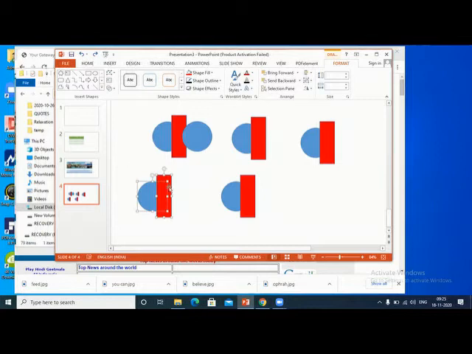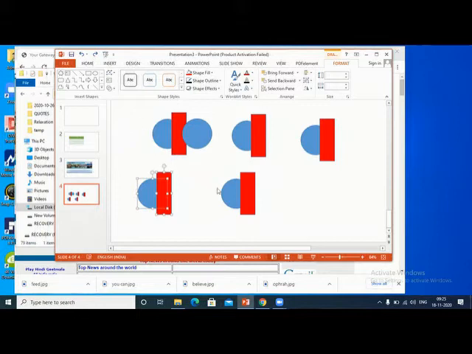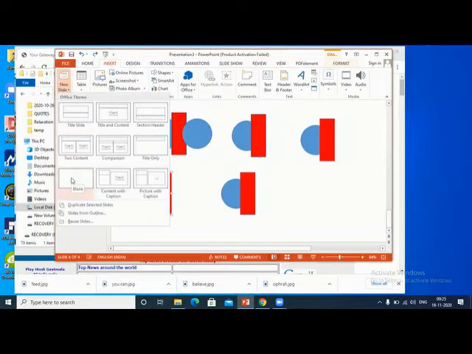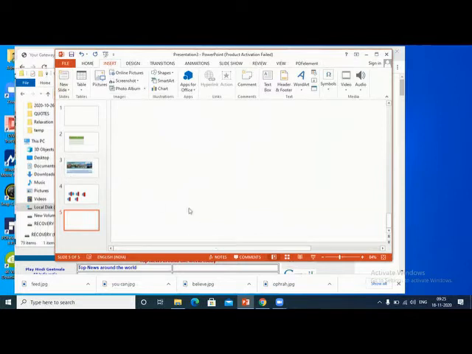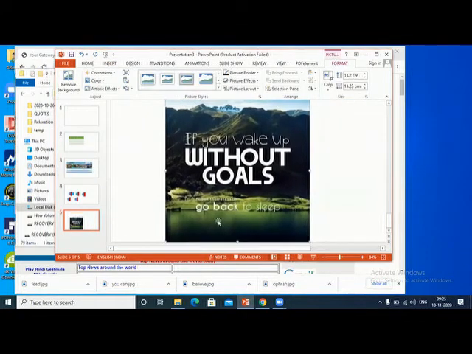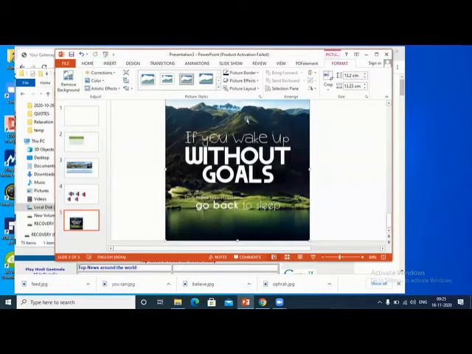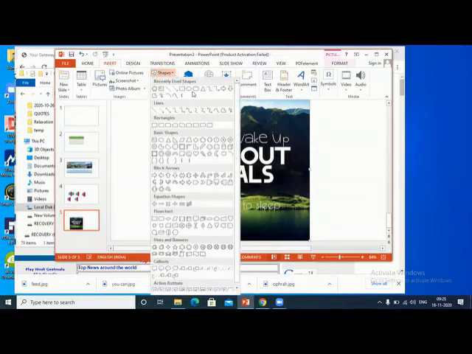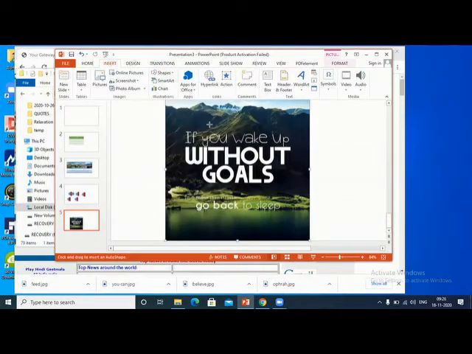This is a very, very useful command. See, for example, merging is effective not only with shapes. Suppose you have, let me bring a new blank slide here. I will bring a picture here. I just inserted a picture here. Now I want to make a small hole here. So what I will do, I will go to insert, shapes, select circle, press shift and draw here.